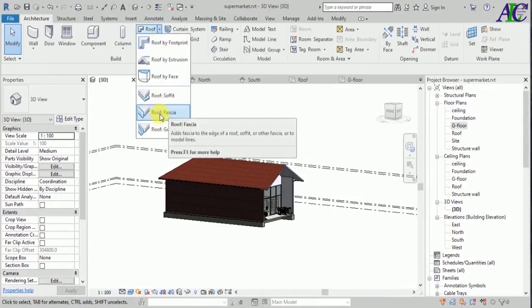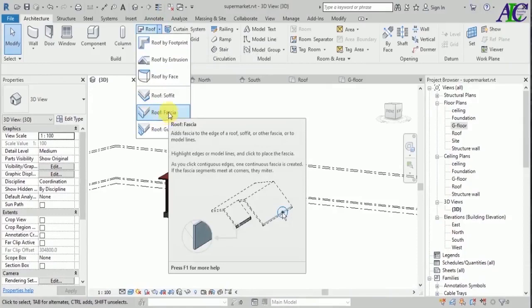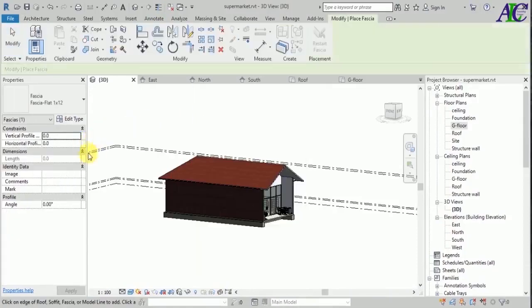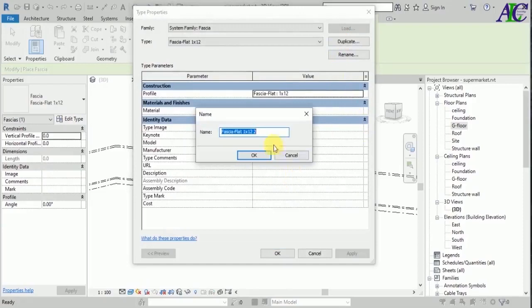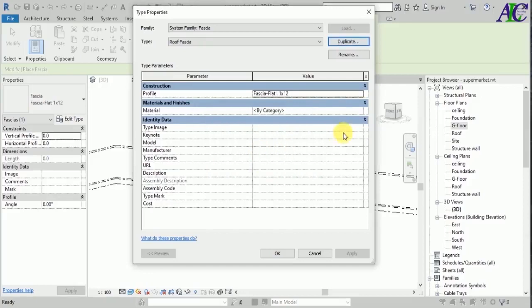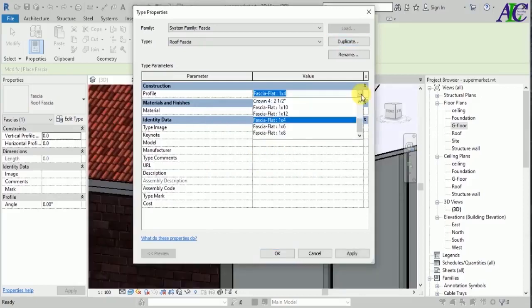Now I'm going to create the roof fascia for the roof. Okay, so again let's go to edit type again. After selecting the roof fascia, let's duplicate and let's rename from here, maybe just fascia, or change the name to roof fascia. Okay, from here I'm going to select the profile, maybe flat 1.4 or 1.8,